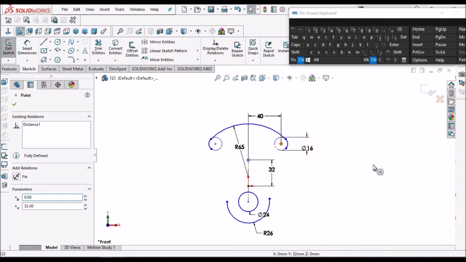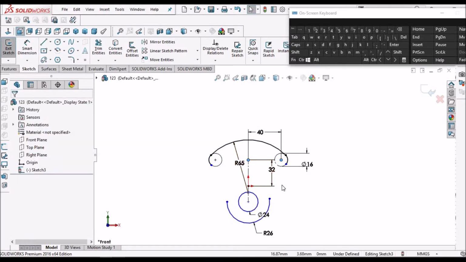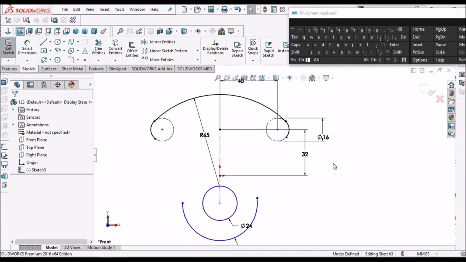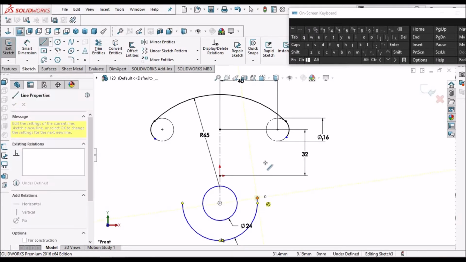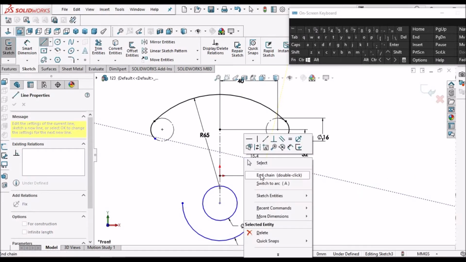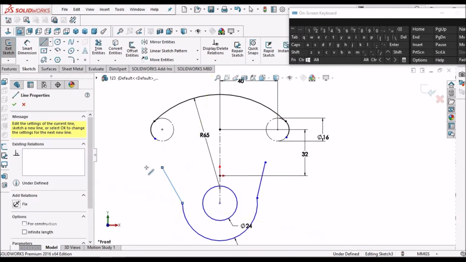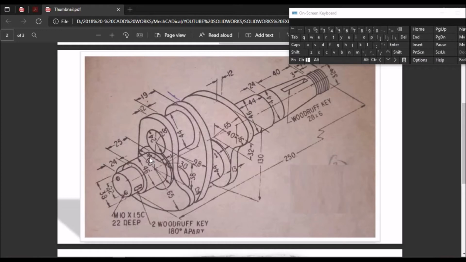Select this and control, select this point, make it horizontal. Since the center from this distance is 32. Now take one line, make one line here. See, I am trying to make this one, this distance is 30 and 30 is mentioned here.